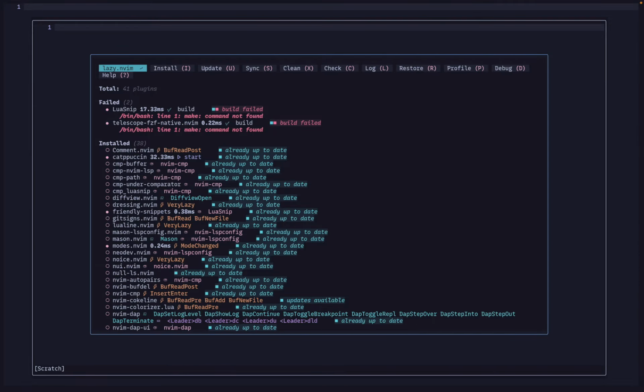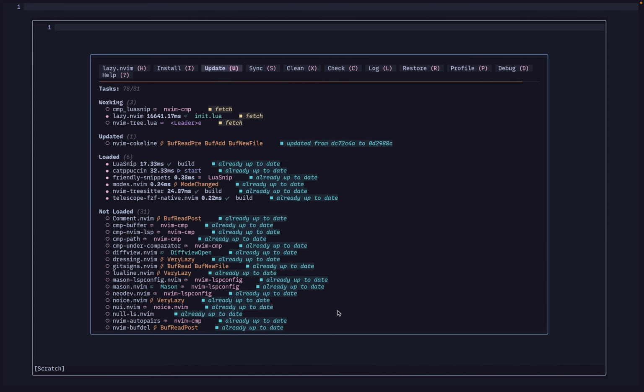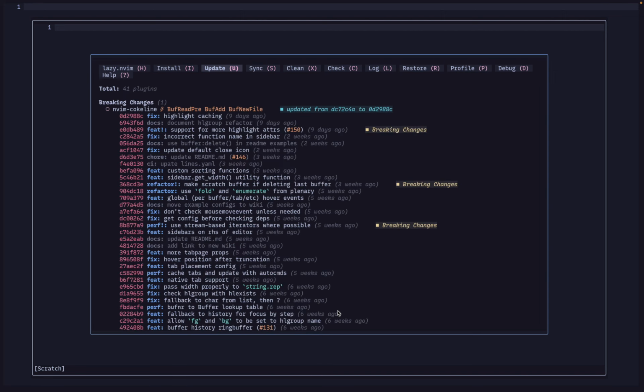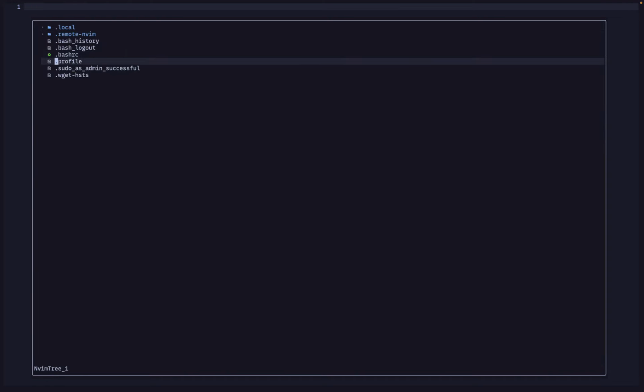So I click yes, and now you see an empty screen and you wonder what's happening. What's happening is, because of how my configuration is written, the package manager is still bootstrapping itself, and that's why you saw nothing. So if I hit lazy, you'll see that it installed a lot of the plugins, and I would just hit update on it so that it installs all the plugins. So now as you can see, it has installed all the plugins